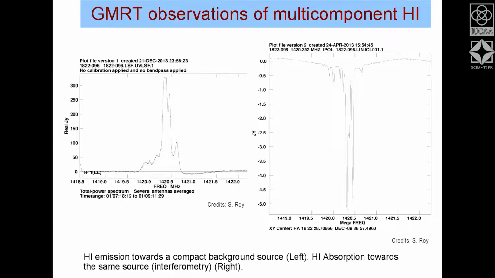But the main thing is that you can see there are multiple components, at least 1, 2, 3, maybe 4, 5, maybe 6, so 6 to 7 components are already there. And there can be a broad emission component on top of it, which goes from almost 150 kilometers per second.